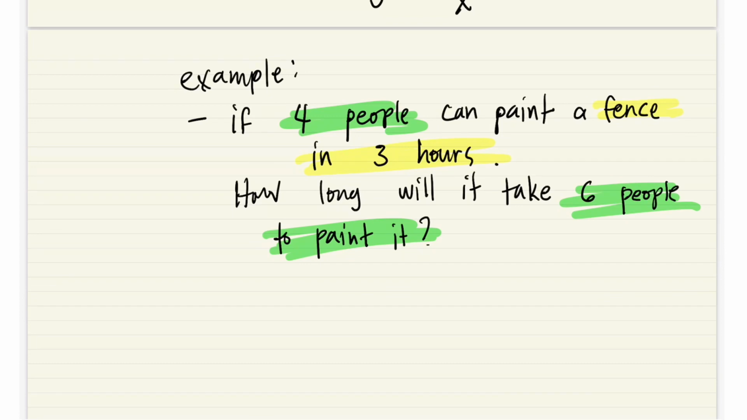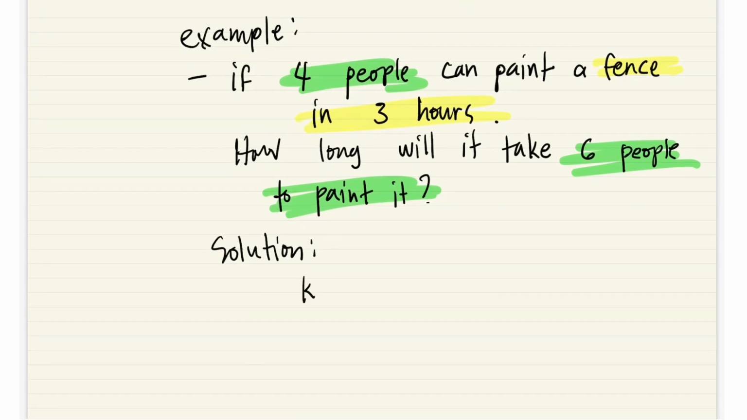Okay, so the solution would be, alright, what is our K? What is our Y? What is our X? Now in this case there is no K, but you have Y. What is Y? 3. What is X? 4. Correct? If there will be 3 hours, 4 people, you don't have a K, so therefore